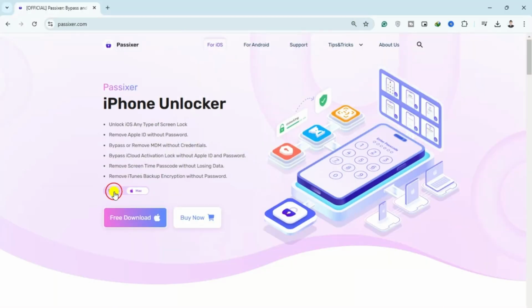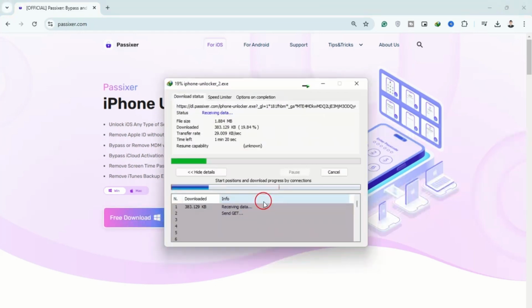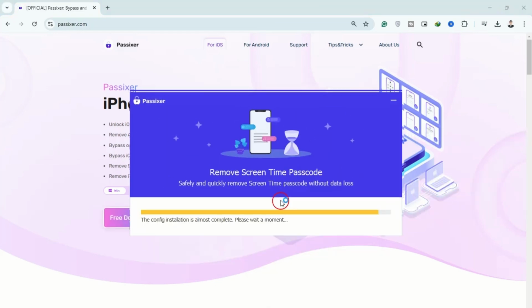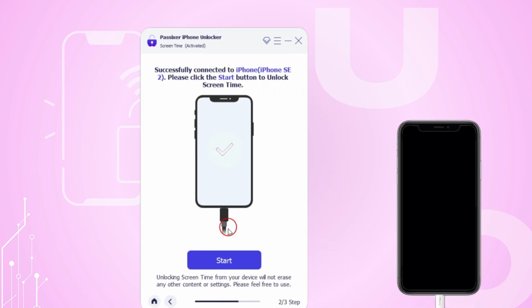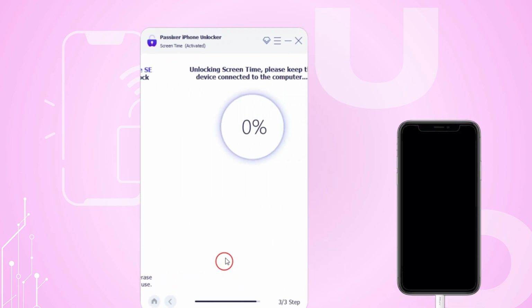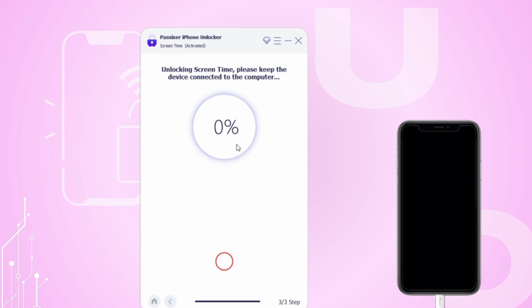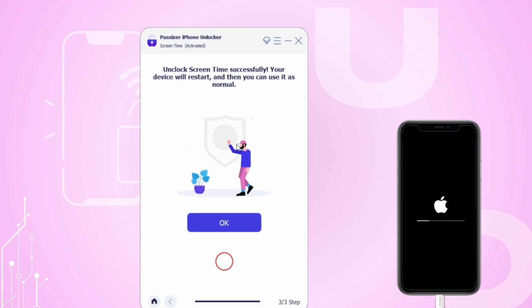Simply install Passixer iPhone Unlocker from the official website. Install it on your device, then open the software. Select Screen Time, connect your device via USB, and follow the on-screen steps. For devices running iOS 12 or later, if the Find My feature is disabled, Passixer will automatically begin removing the screen time passcode. For iOS 11 or earlier, if the iTunes backup is not encrypted, the software will proceed with